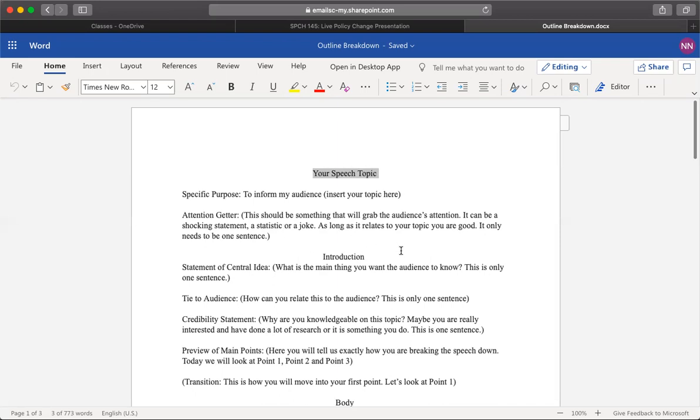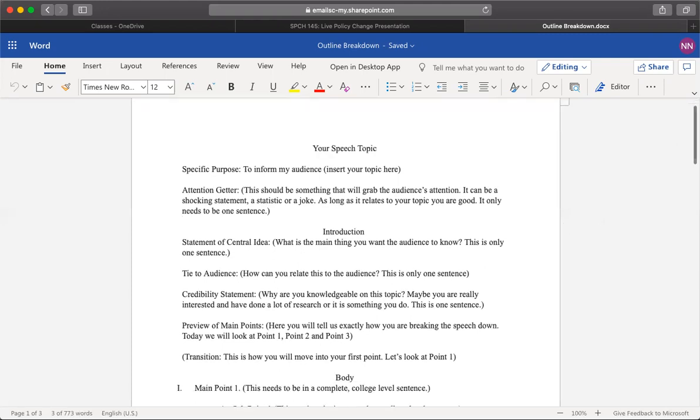But remember, this doesn't need to be this big, elaborate thing. Mine was 6 words. My attention getter was 6 words. So it does not need to be this huge, elaborate thing. It can be a quick 1-sentence situation. So your introduction, when you are writing your introduction,